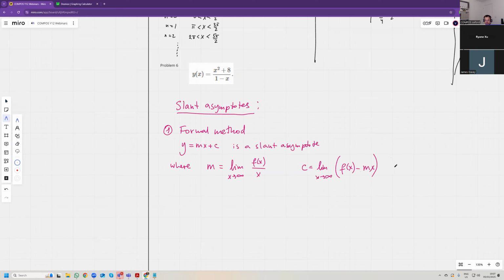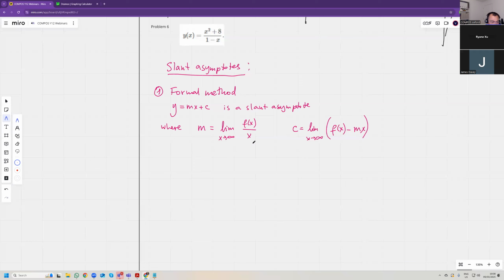Yes, lovely. Okay, let's use this formal definition. Of course, you have to consider plus infinity and minus infinity separately, because you can have an asymptote on the right but not on the left, and vice versa. But yeah. Okay, so